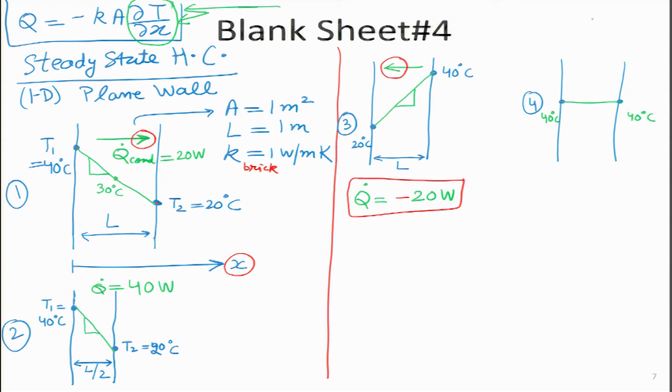So, what does my original equation tell me? Del T by del x, the gradient has become 0. So, we can clearly write Q dot is 0 over here. Then we can move on, because the temperature everywhere is the same. Now, I will make a few interesting questions over here. Now, let us say I will move on to case 5.